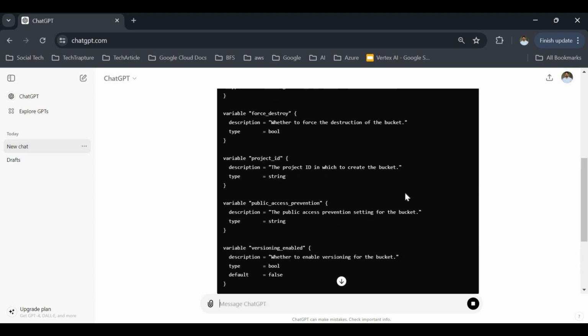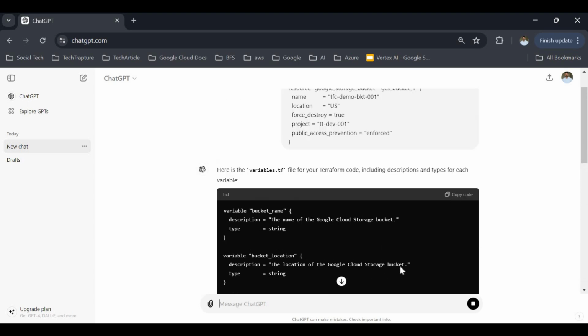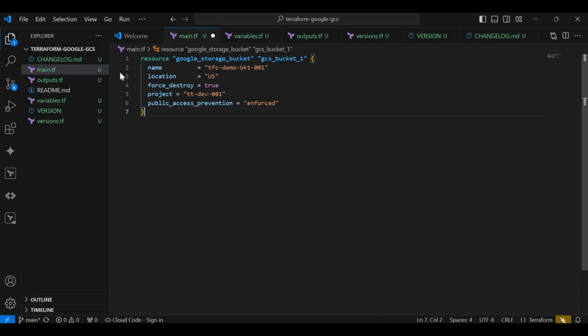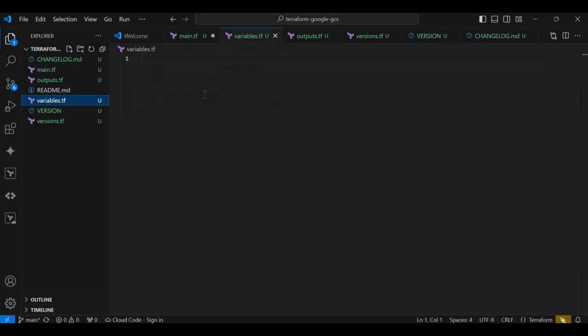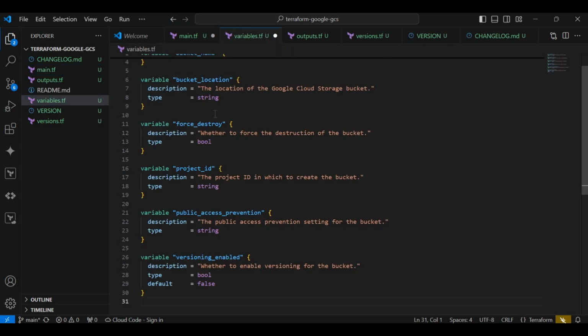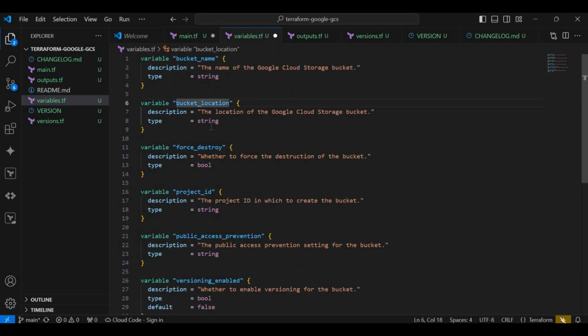Okay, and let me just copy it into my variable.tf. So we have to validate, we can't blindly follow all these things because this is a location, so we have to use the same thing. So here we have to use the location, not